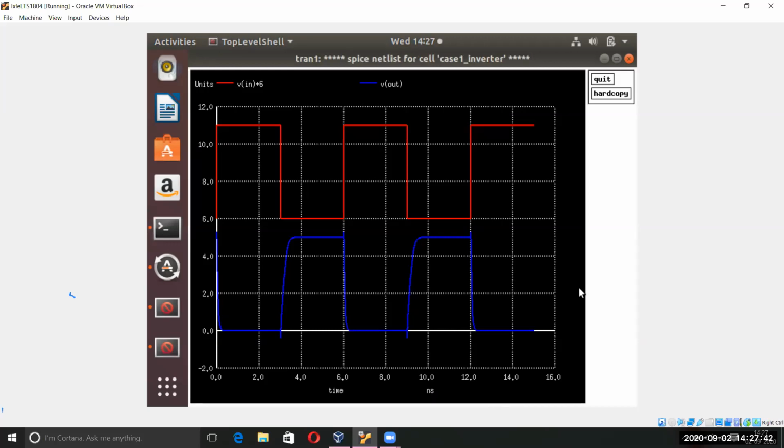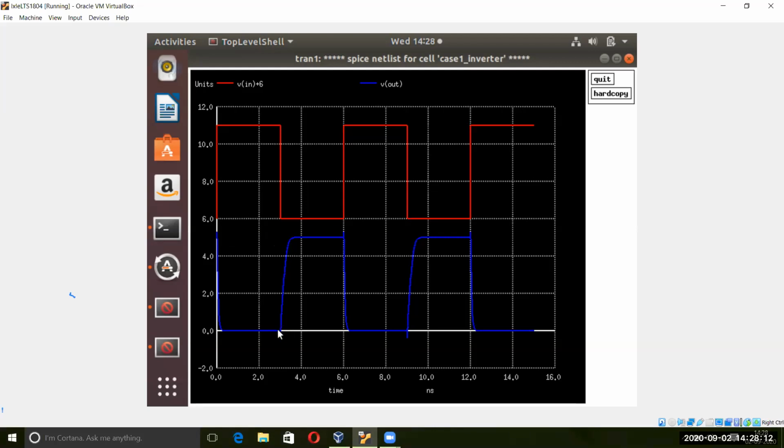The TPLH is, I think, greater than the TPHL. Why? Here it is starting from here. Forget about the first one, at the zero origin. The next one you can see at 3 nanosecond, and the output is low to high.